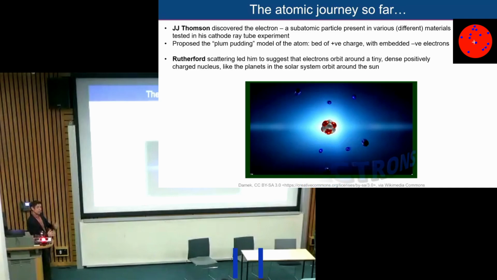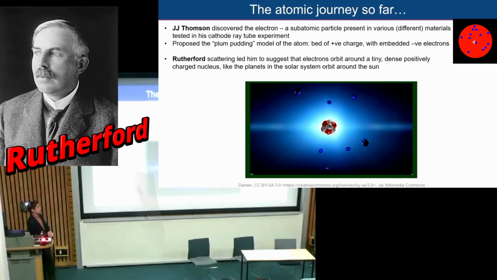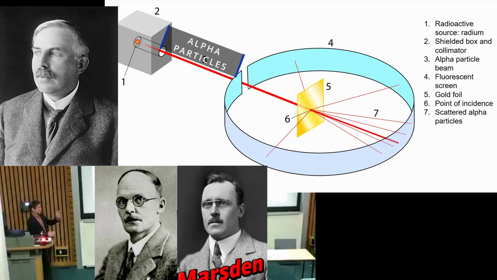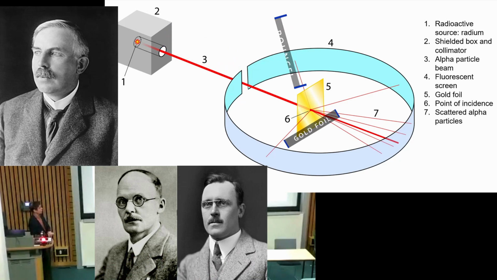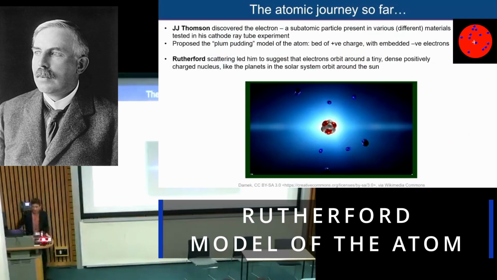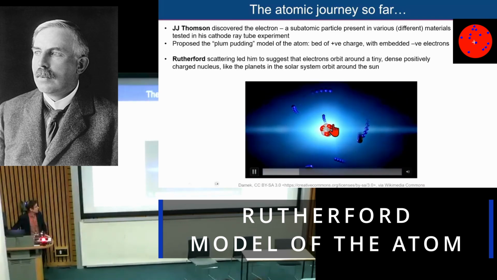But then we remember that there was Rutherford and Geiger and Marsden with their scattering experiments, where they had alpha particles more or less bounce straight back from a gold foil. About 1 in 10,000 of them did that. And so that therefore led to the so-called Rutherford model of the atom, hopefully depicted there, where the atom then